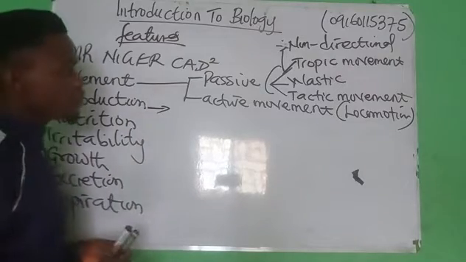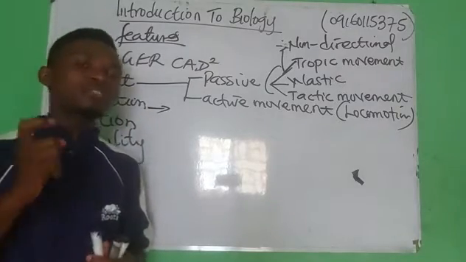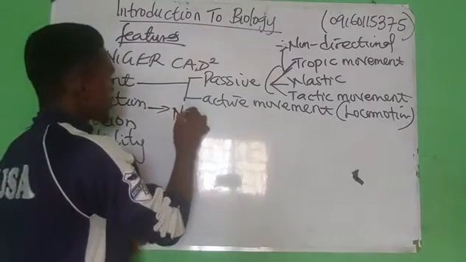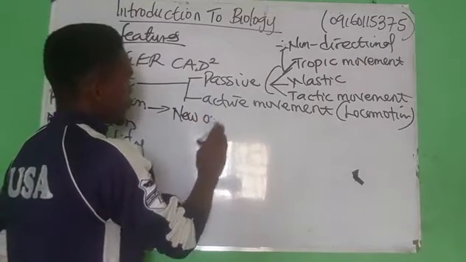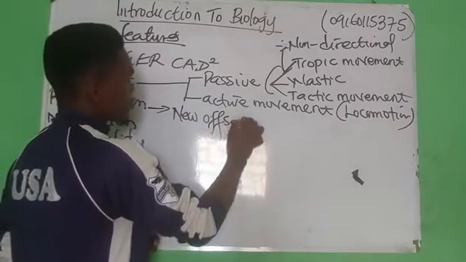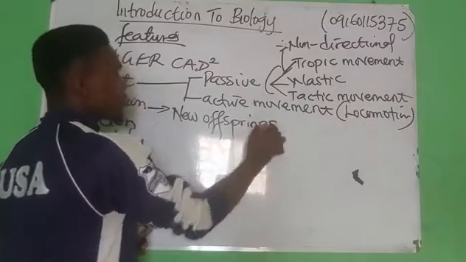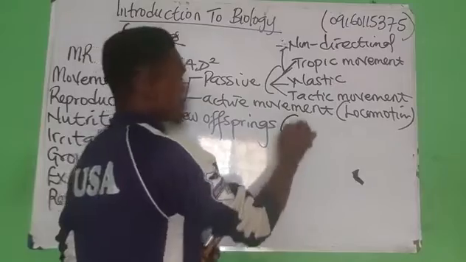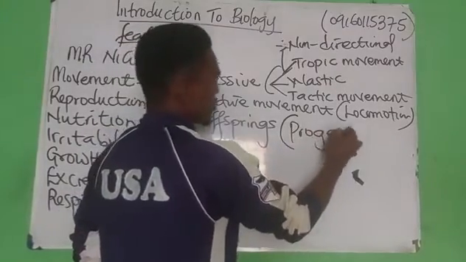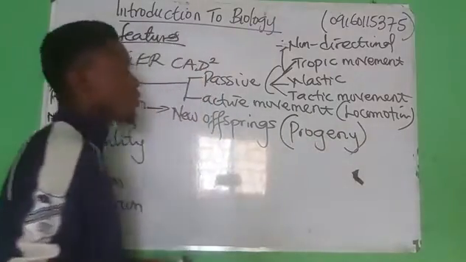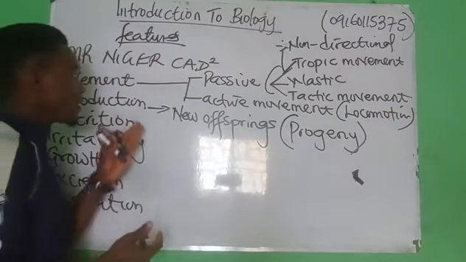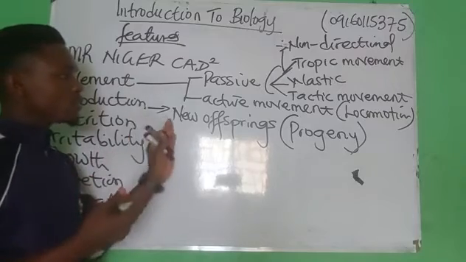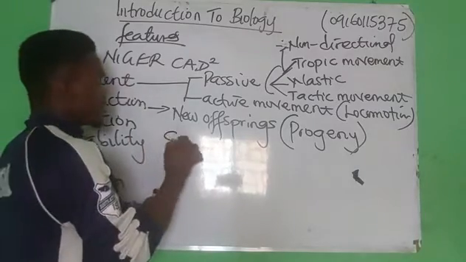Now the second one is what? Reproduction. Reproduction is a process whereby mature living things give rise to new offsprings. It is a process whereby mature living organisms give rise to new offspring. Offsprings can also be called progeny. Alright, take note of that. Offsprings are also called progeny. It is the ability of mature living organisms to give rise to new offsprings sexually